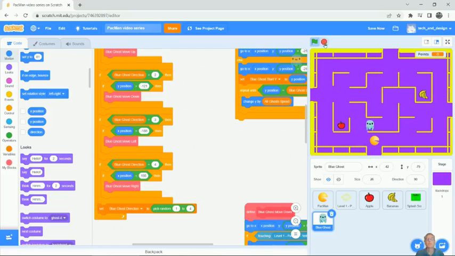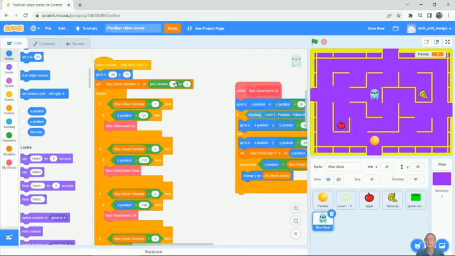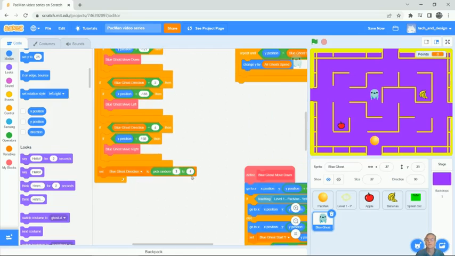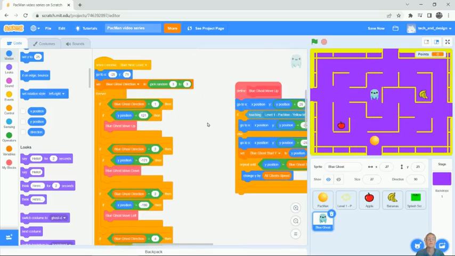So if you want to do a quick test, what you can do is set the ghost to a different location. So I'm just going to put it here, and then I'm going to change the numbers so it will only go left, which left is the number 3. And so if I set this to 3 and set this to 3, and then go down here and set this to 3 and set this to 3, the ghost should only go left. So when I click this box,